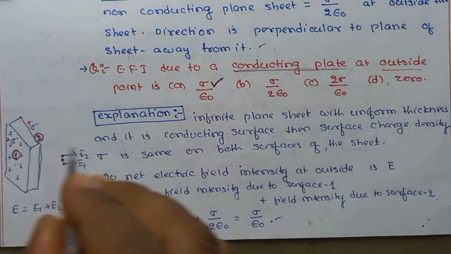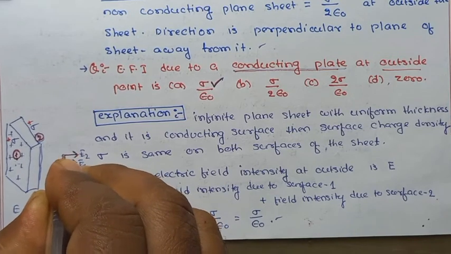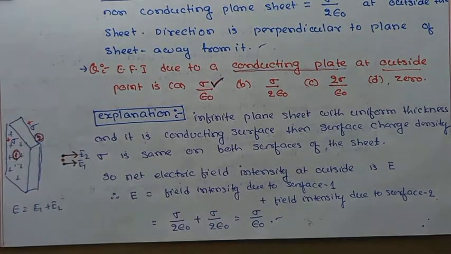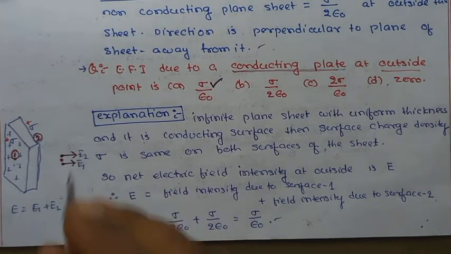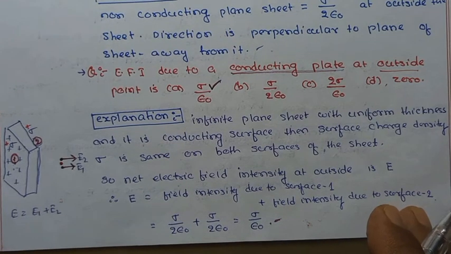From positively charged plate, electric field is acting away from the plate. So the resultant electric field is E1 plus E2, and E1 is sigma by 2 epsilon 0, E2 is sigma by 2 epsilon 0. So after solving we'll get sigma by epsilon 0. ठीक है,